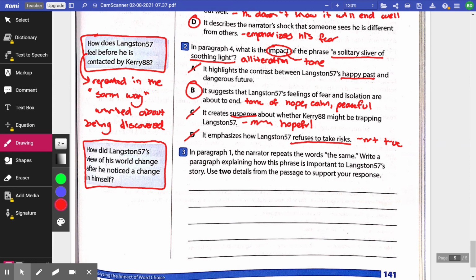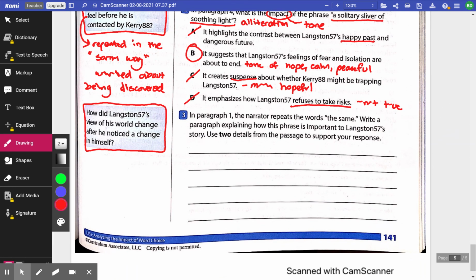So he sees things in a different way. But after he notices a change in himself, things begin to look up for Langston, right? He says that he is evolving. He calls himself miraculous and an individual. Things are going to start looking up for him a little bit, because he has figured out he's different from everyone else. He can have some individuality going on for him. So something is changing in Langston, and we're going to think about that as we respond to our writing prompt.